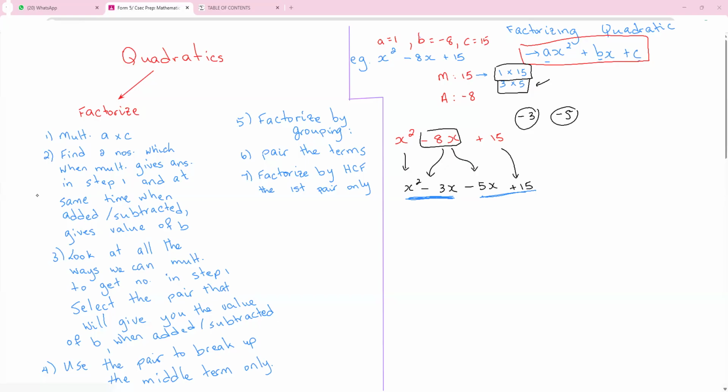What does HCF mean? So in finding the HCF, look at the highest number that can divide